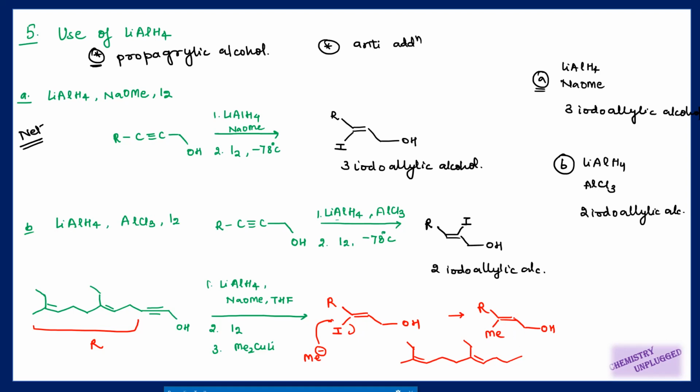We have 1, 2, 3 carbons here. So 1, 2, 3, and this OH will go like this. This is right. This will be the position of your double bond. It will go here, and Me will come here. There is anti-positioning of this chain and this chain, this carbon-carbon chain. Similarly, as we have seen here, these two are anti to each other. A similar thing will apply here, that these two are anti to each other. So you will get this one as the final product.